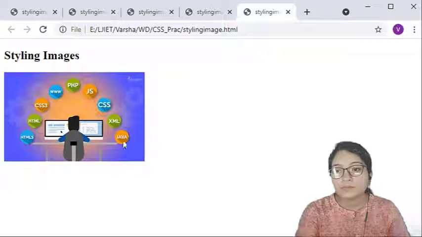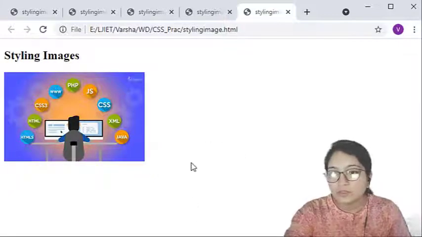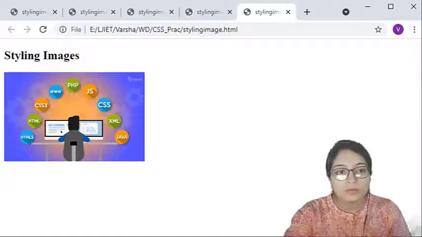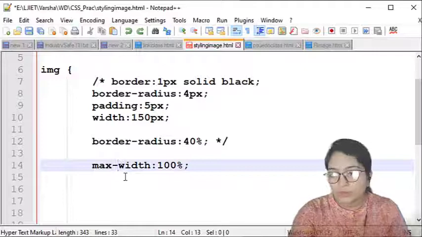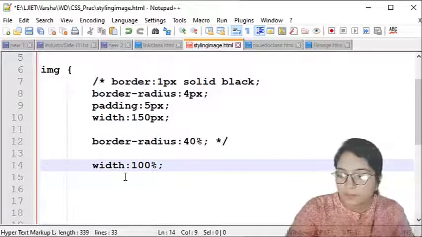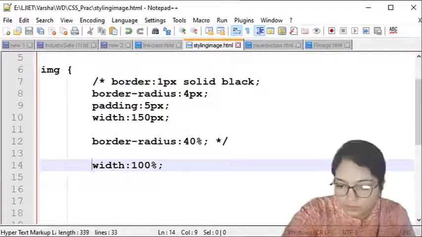See over here, just check it. Okay, here use this width as 100%, so it will become responsive.